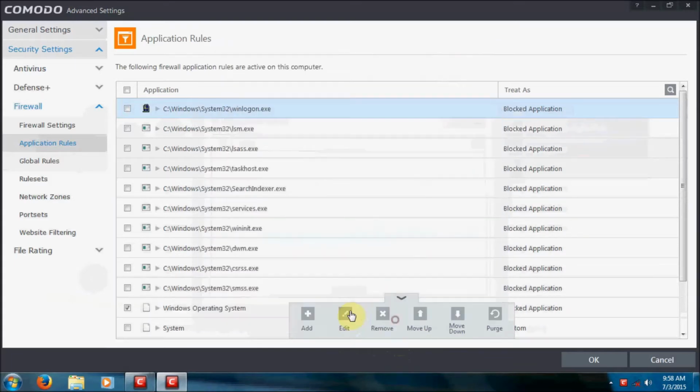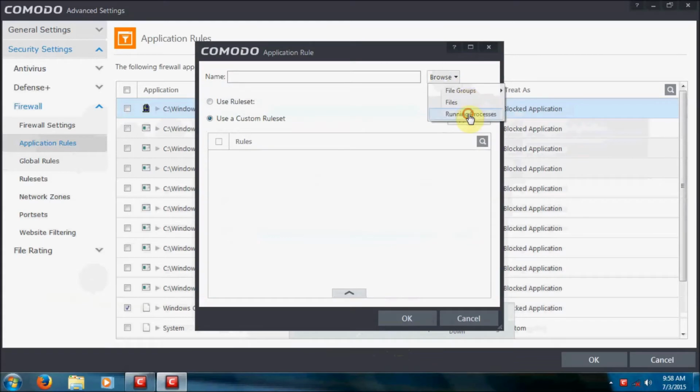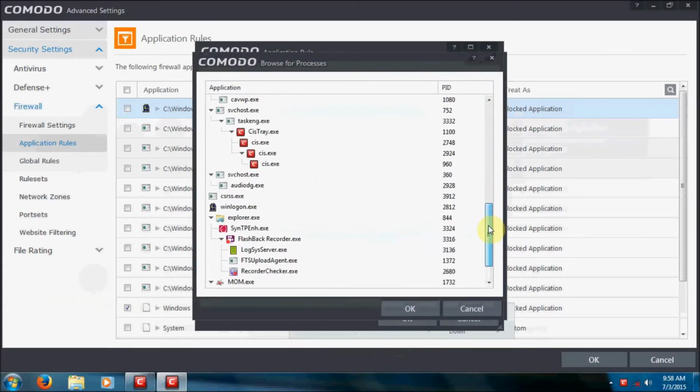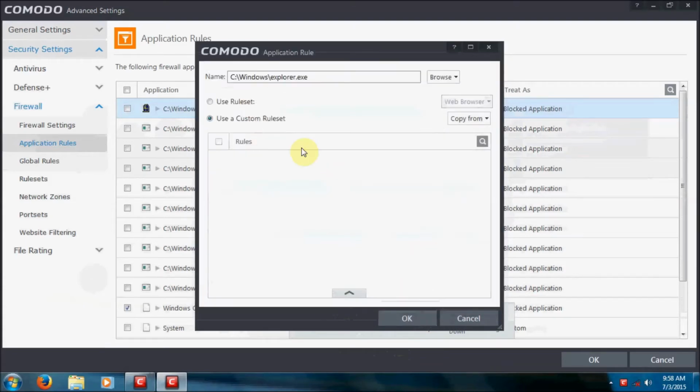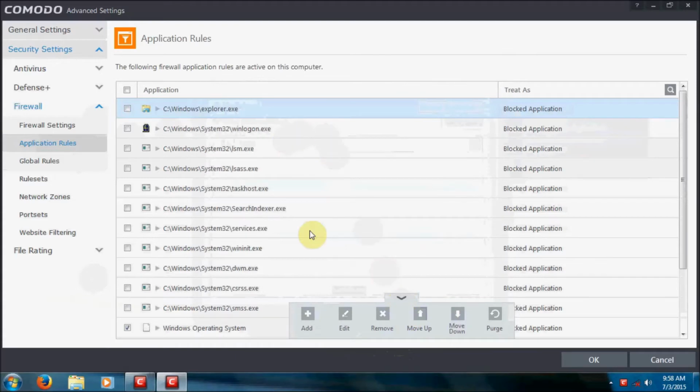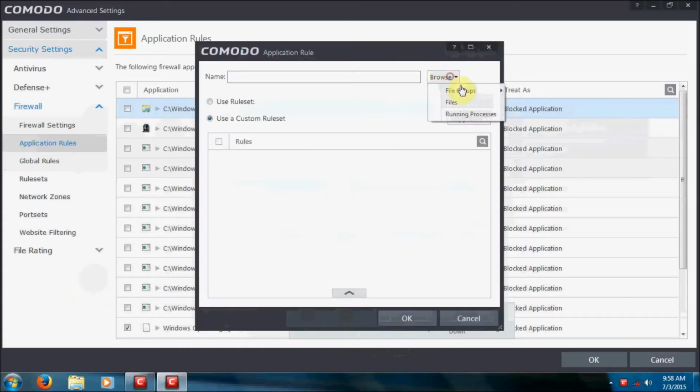We can block that one as well. Running processes, and go down the list here. Choose Windows Explorer exe, and we can block that one as well. There we go. Alright, so now we're going to add some files,